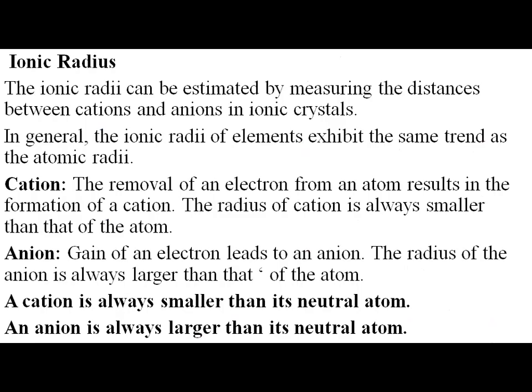Ionic radius. Okay, what is ionic radius? We have discussed what an ionic radius is: the effective distance from the nucleus of an ion up to which it has its influence on its electron cloud. Ionic radius comes into context when we talk about ions. So what are ions? Ions are nothing but charged species